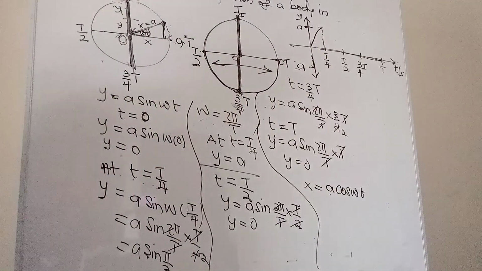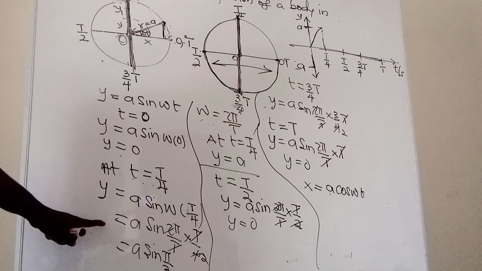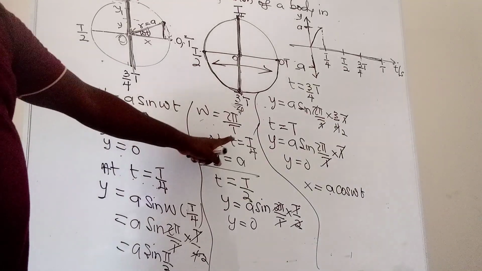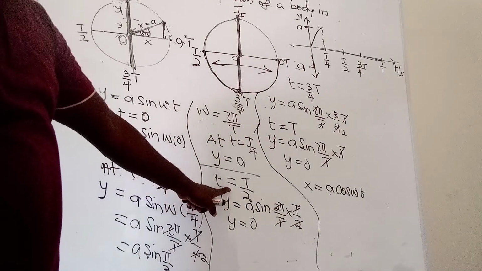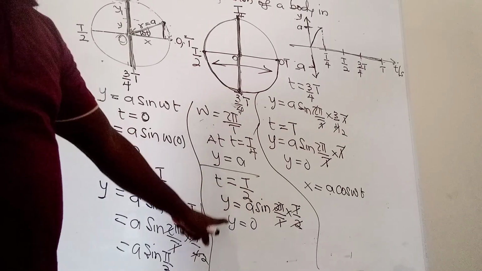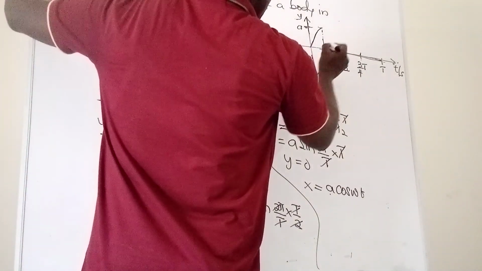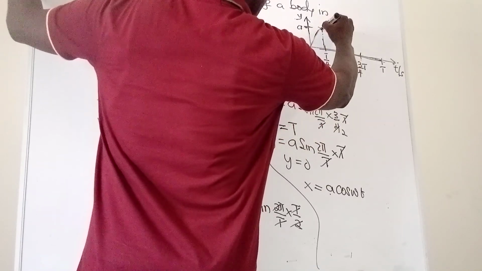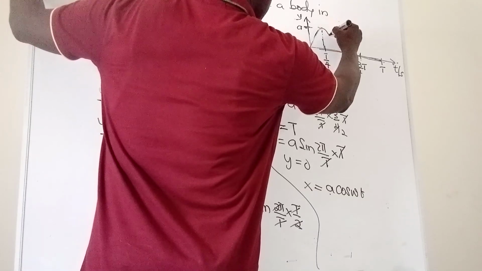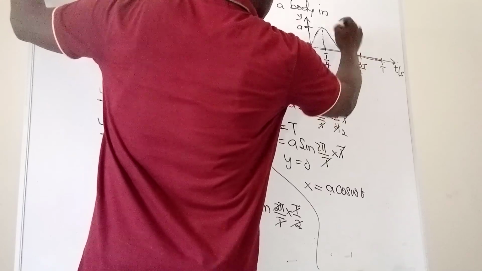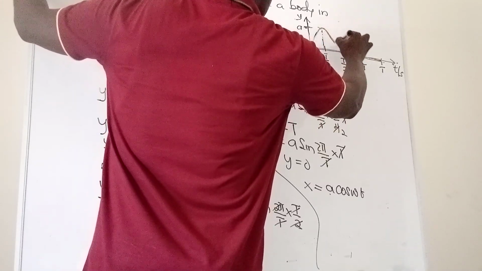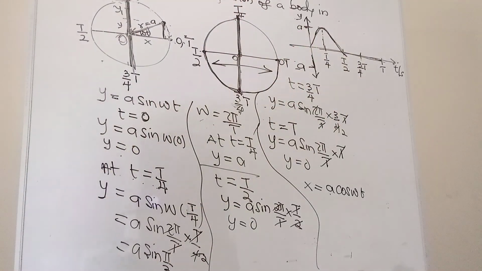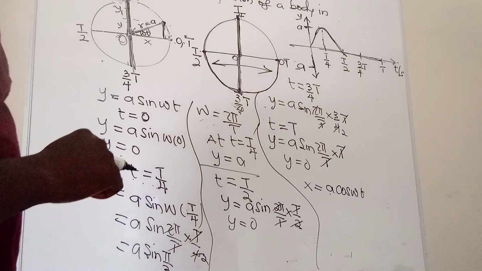So that's it. At t is equal to half of the period, the displacement is 0. So this graph will fall to 0 here. Then at t is equal to three-quarters of the period,